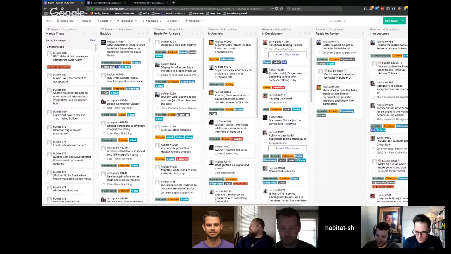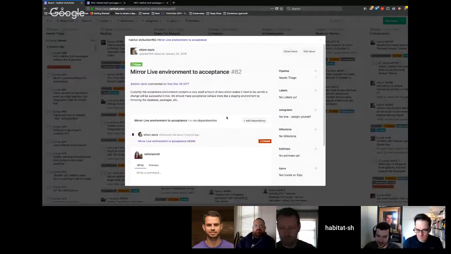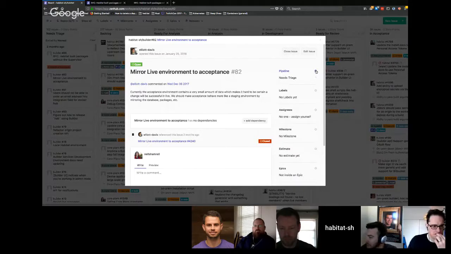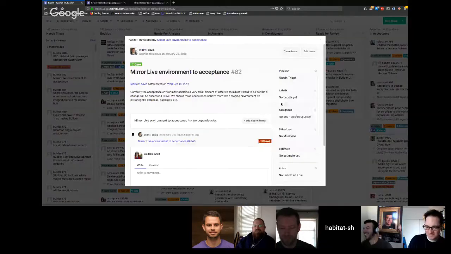Cool. All right. Mirror live environment to acceptance, and the database packages, etc. Yeah, I agree on this. I agree too, because I actually filed this one, and I still haven't done it. But I think it would be super useful.